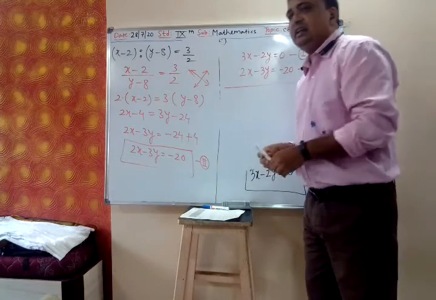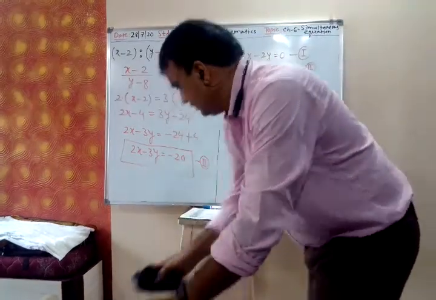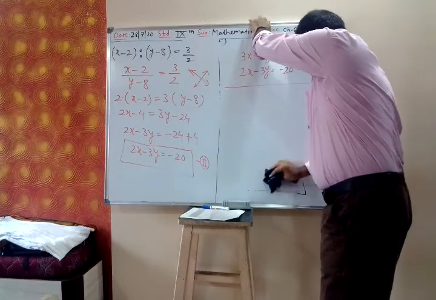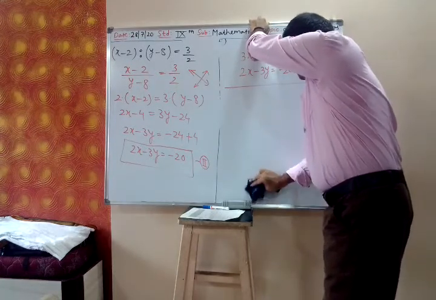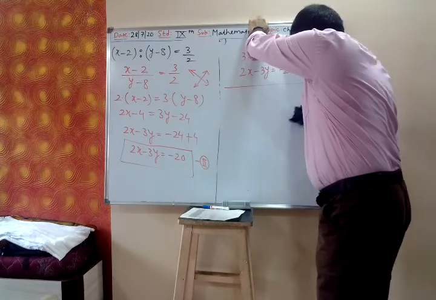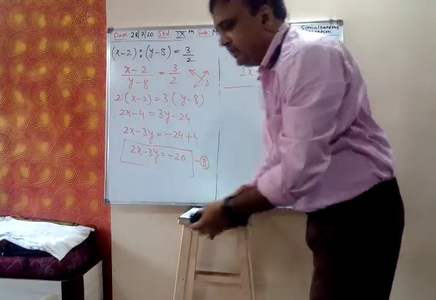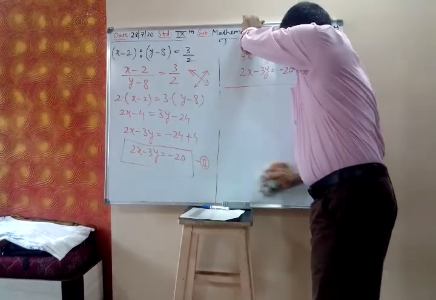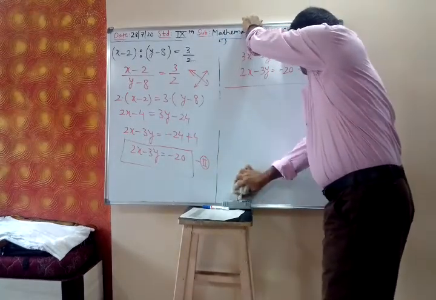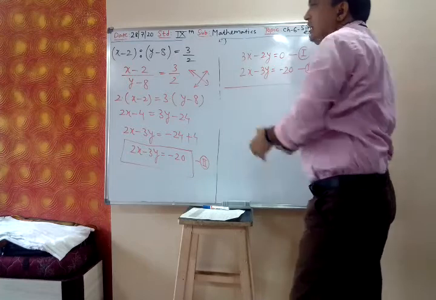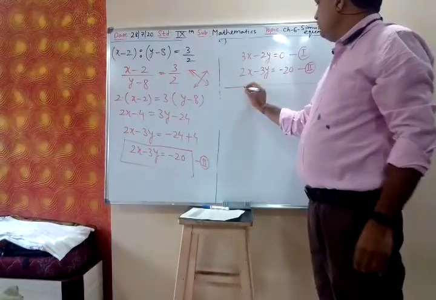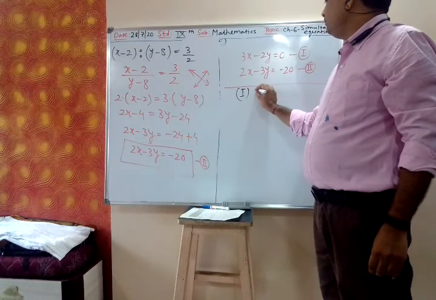Diagonal coefficients are same, so you have to add the equations. You are telling me about the cross multiplication method. We are not going for that. We are solving by equating coefficient, but in that there is a special case. Whenever diagonal coefficients are same, we add them, get equation 3, we subtract, get equation 4. Then we solve 3 and 4. So we write 1 plus 2.